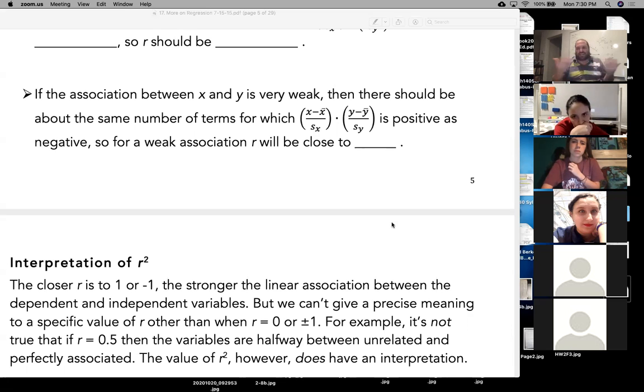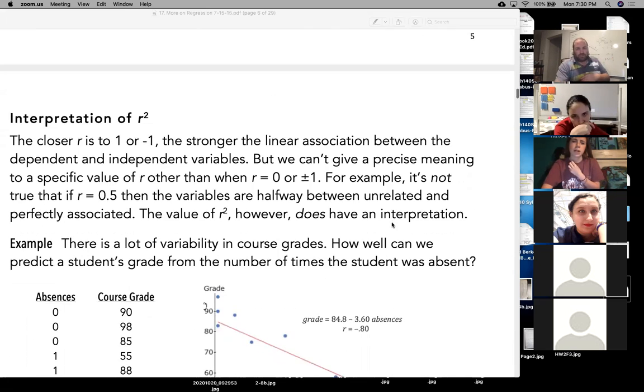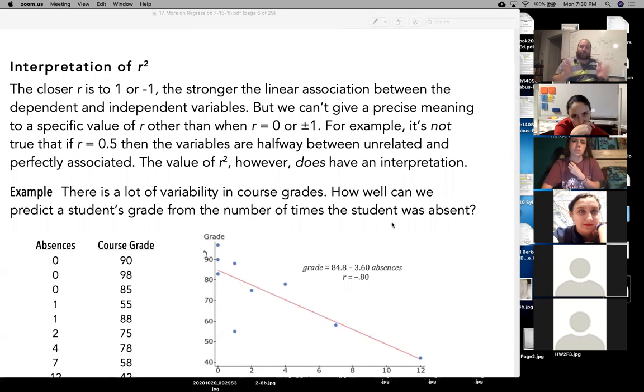What do these R values actually represent? Yes, it does represent how strong, but we want to go a little deeper than that. Not just how strong, but one deeper level. For that, it's actually not R, the correlation, that we're going to be looking at. It's actually going to be R squared. We're going to take the R value that we got and square it. Here is an understanding of what R squared represents, because it's not